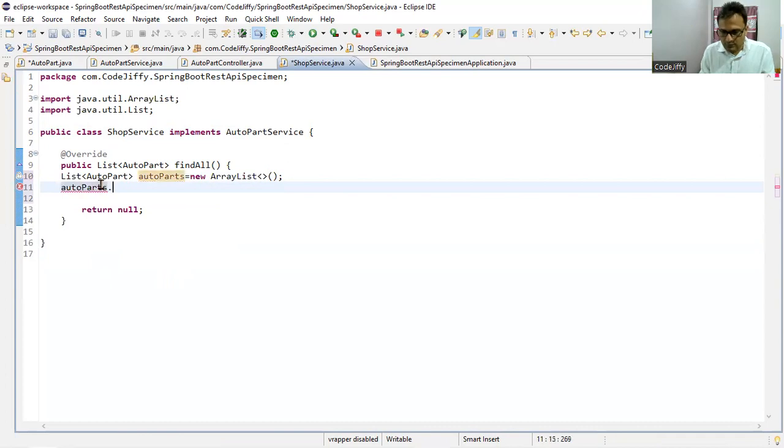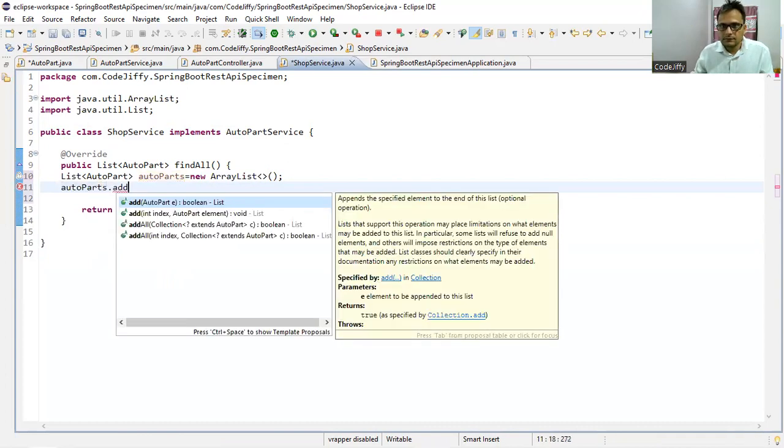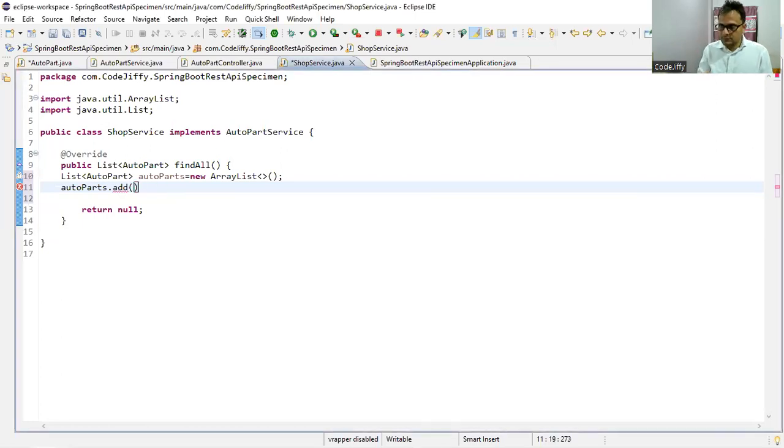autoParts.add, autoParts.add new AutoPart, 100, name is engine oil. Okay, this is not an auto part but the engine oil. And price 20.00. Okay,